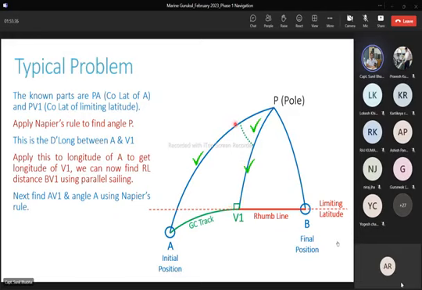Coming back to the first triangle PAV1, now the next thing which we find